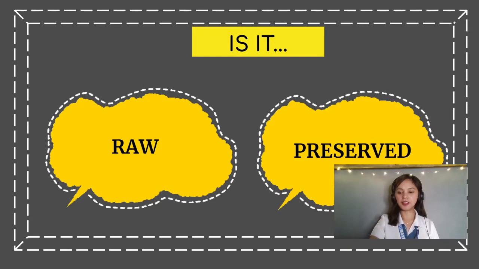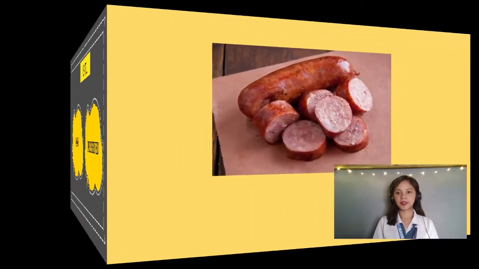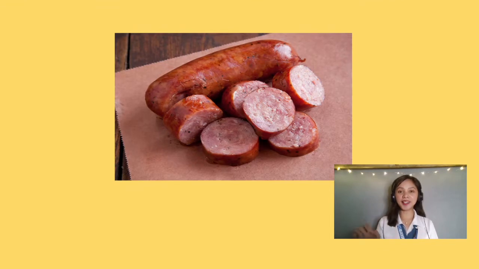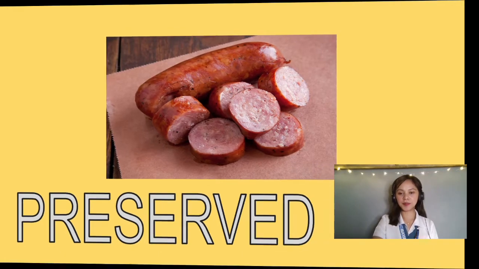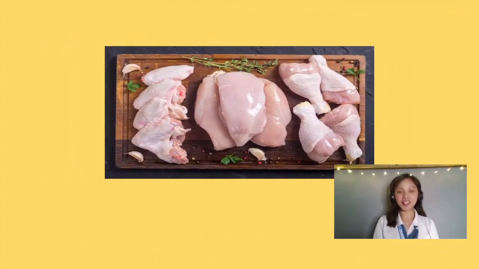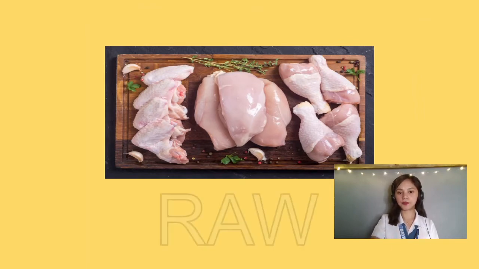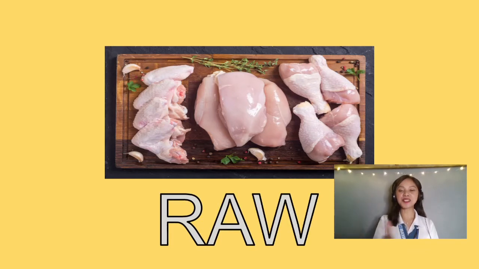One, two, three. What is this picture? Yes, Brael, is this raw or preserved? Okay, he said it's preserved. Let us check if he is correct. Very good. He is correct. It is preserved. You will get your prize later. Next picture. Yes, June. What is this? He said it's raw. Let us check. Very good. It is raw. You're going to have your prize later.